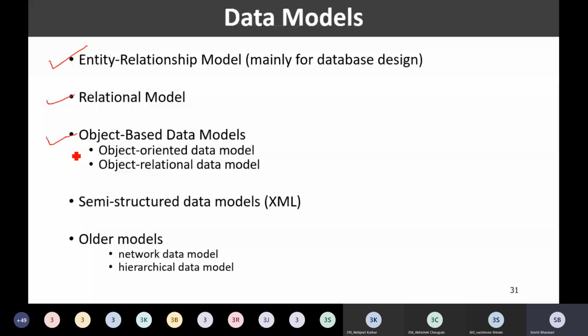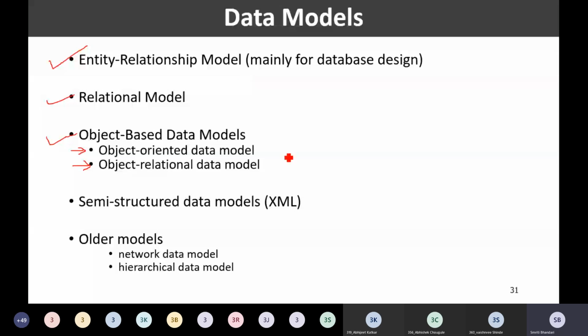In object-based models, we have two kinds of models: the object-oriented data model and the object-relational data model. So what is the object-oriented data model? It is a combination of the ER model along with object-oriented concepts.